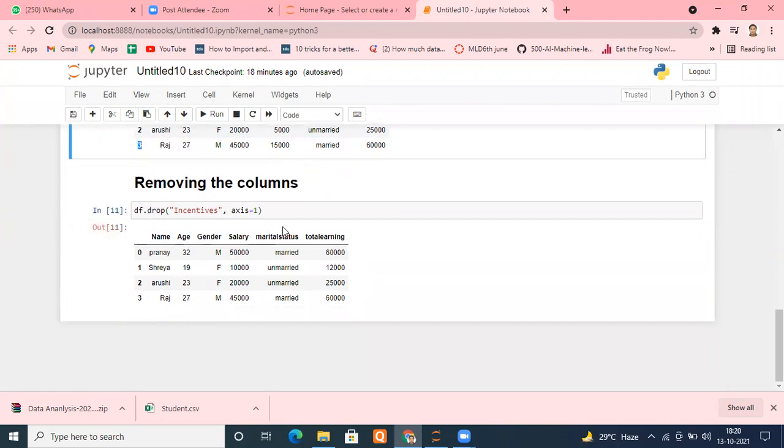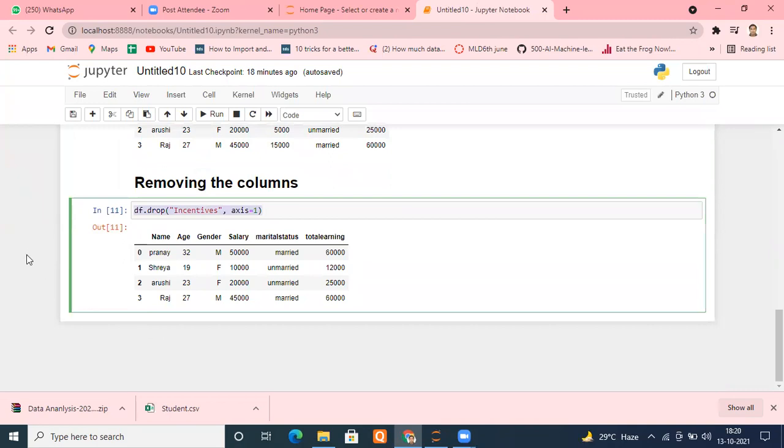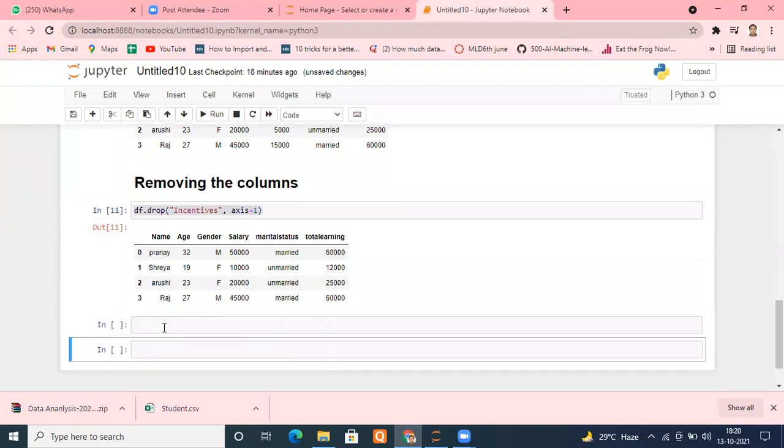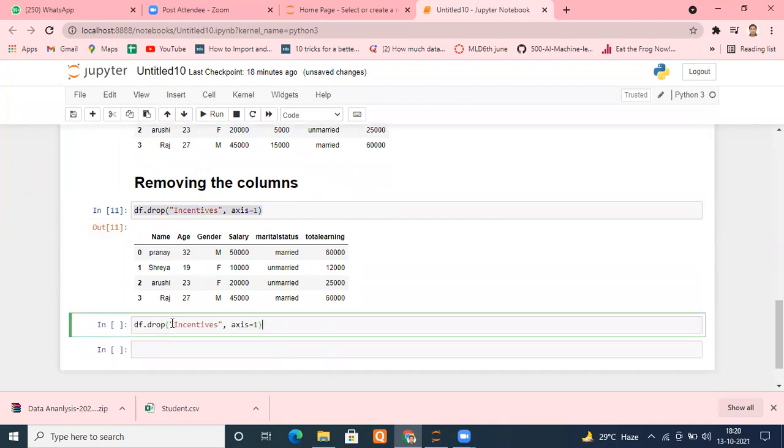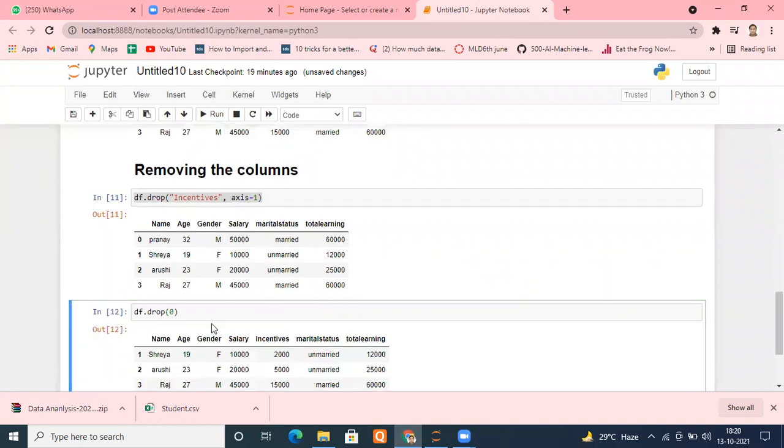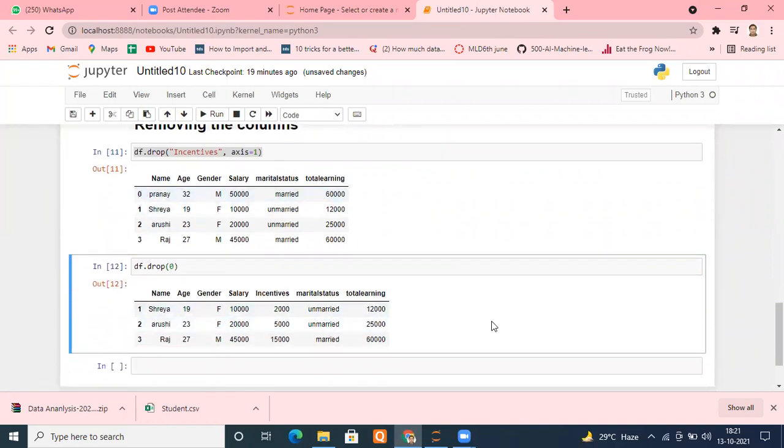So if I do one thing, simple, let me copy it and see, removing everything, taking axis to be 0 by default. Then it will search here 0, 1, 2, and 3. Suppose I want to remove the first row only. So what is this index? 0. I pass it here. So what will it do? It will search 0 here and it will find it. And as soon as it finds it, it will immediately remove that. You can check it. See, your Pranay has gone now.